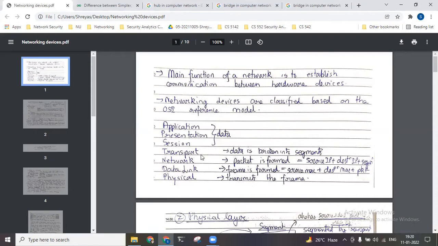Okay, so as we all know, take the example of any application, like the Google Chrome application, the Outlook application, the Gmail application. We have multiple applications, and whenever we deal with applications, we generate data. We have the presentation layer and we have the session layer. So all these three layers combined create the data for us. We will not go into the details about how the data is being created and the role of each layer, but we'll just cover the basics that are needed to understand the network devices.